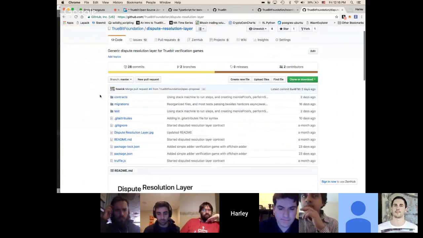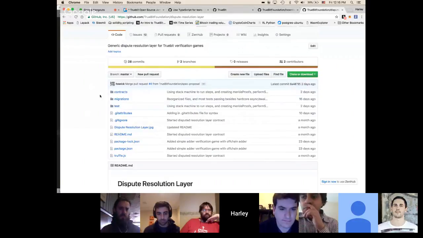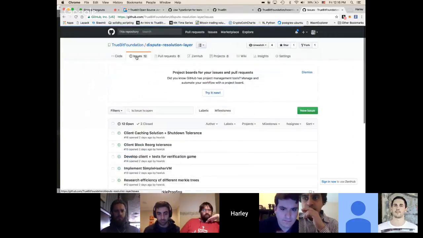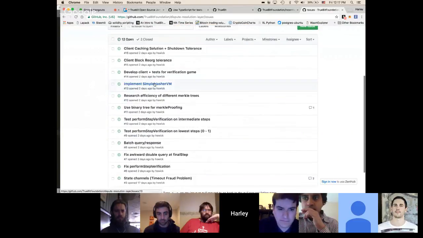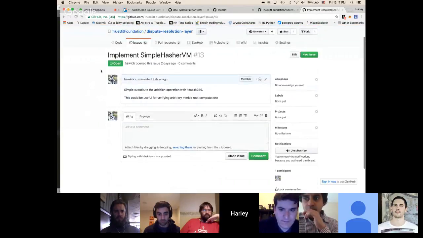I've been working on that to illustrate how the different pieces of the verification game work. But there's also a nice, juicy, simple hasher VM that we could make, so you could do verifiable Merkle roots in a Truebit game. That could be useful for compressing data and stuff.